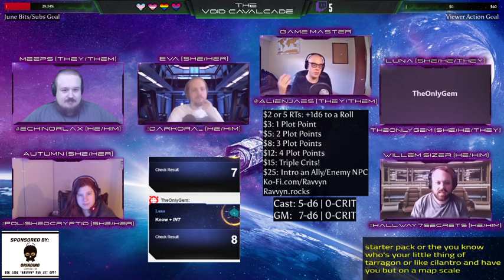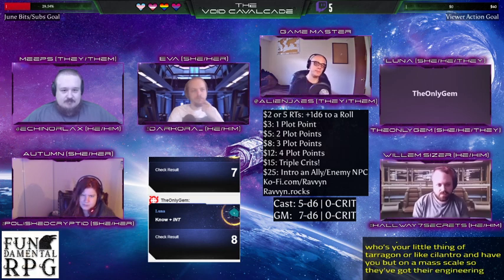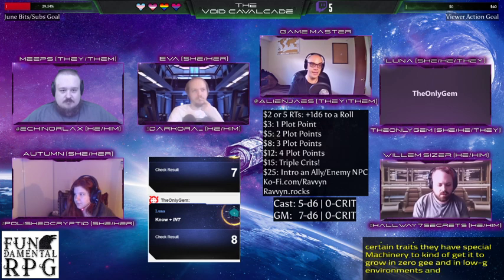So ships have genetic engineering. They've selected for certain traits. They have special machinery to get it to grow in 0G and in low G environments, and it's